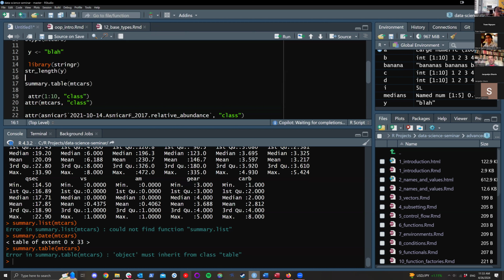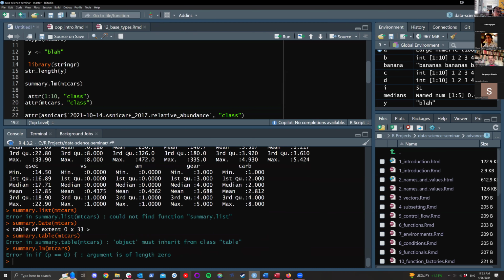Yeah, I had no idea you could even do summary.data.frame. Yeah, there's summary.lm. This is only in the S3 paradigm. Okay. What happens if you give it an S4 object? You get an error unless, well,